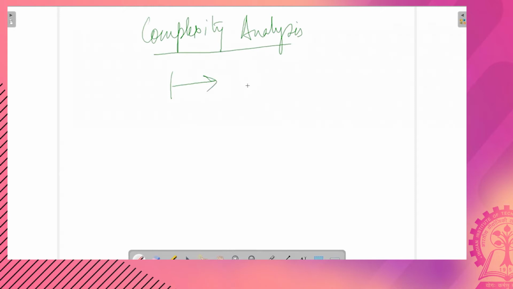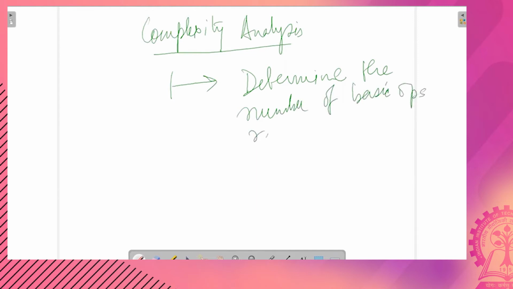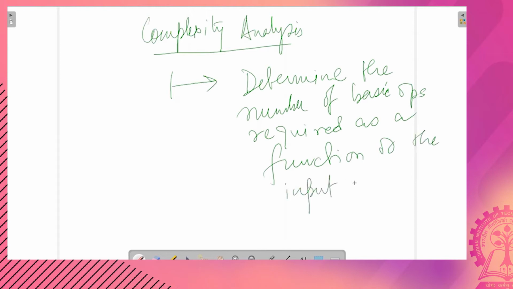We try to determine the number of basic ops required as a function of the input size.